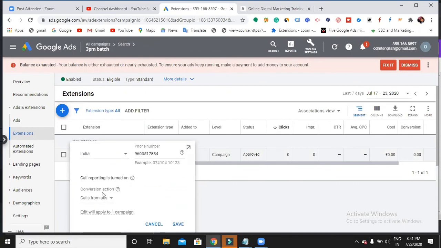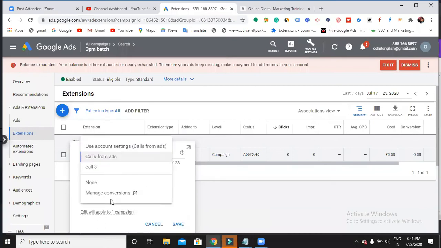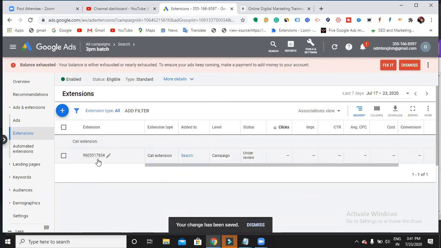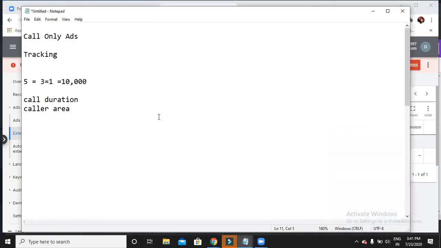Okay, so can you see here conversion action? So click this drop down. It will show you if you have any conversion tracking created. So I have a conversion track, right? So call 3, then save it. So this conversion action is applied for this call extension now. So when someone calls your business through your call extension also, you will be getting all the information in the conversion tracking. Getting my point? Okay. So again, it is very, very important to remember. If you create any kind of call only ads or any kind of normal search network campaign also, you better have this conversion tracking so that you can apply it for the call extension also.